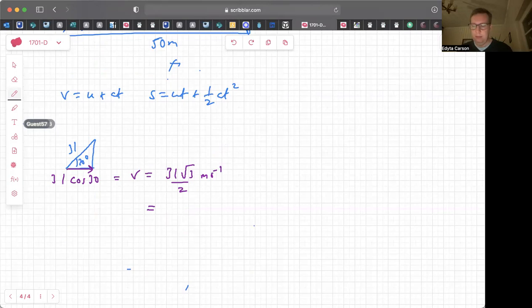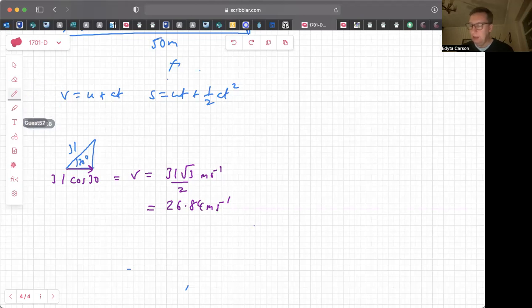So 31 times root 3 is 53, and then divide by 2, so 26.84 meters per second is the horizontal speed. Okay. Now I know it goes 50 meters, so I can figure out how long it takes to get there now,